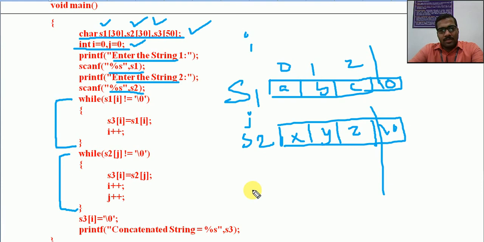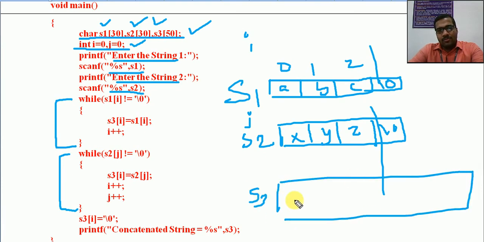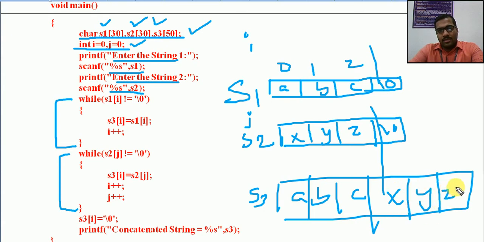That means the S3 string must consist of A, B, C, X, Y, Z and then \0. This is our aim, so S3 with indexes 0, 1, 2, 3, 4, 5, 6.